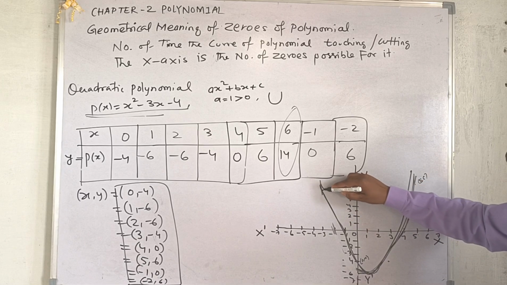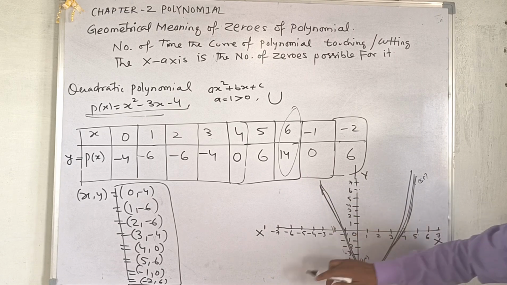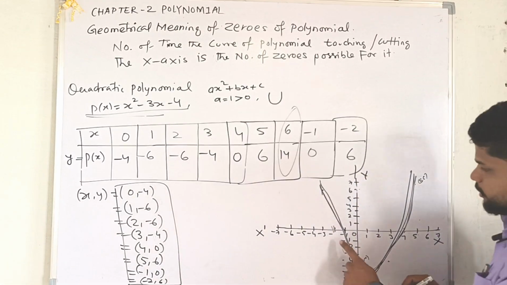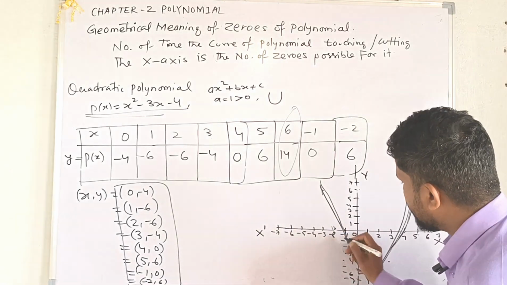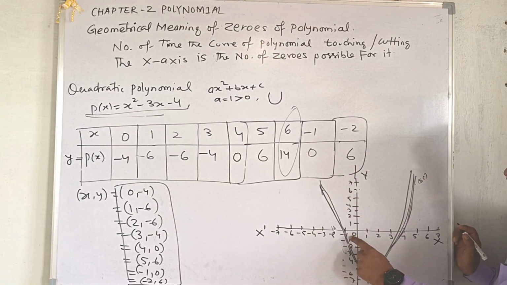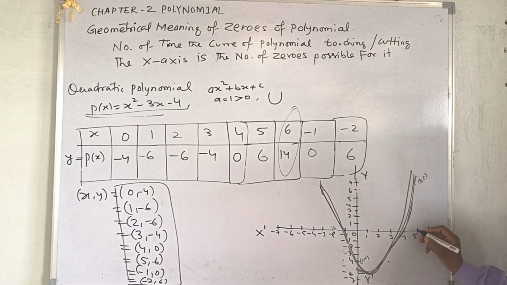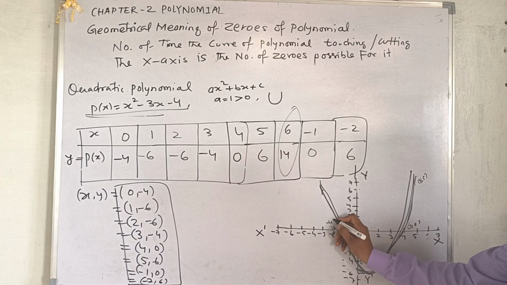Okay, now it is correct. Previously I had considered -2 and 6, which was wrong. So it will touch the curve line at -1 and 0, and here it will be 4 and 0. Here -1 and 0, because